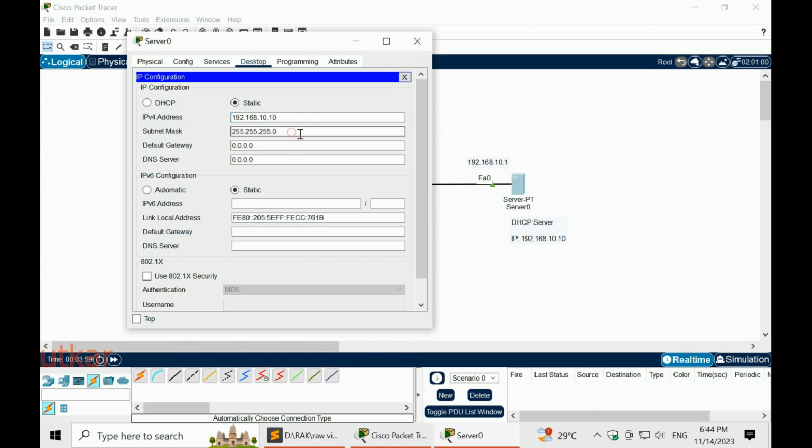So this will be the subnet mask, and the default gateway will be this one. So all outgoing requests will go through this interface. So that is what the default gateway will have. So it is 192.168.10.1. So this is the configuration we have for the DHCP server.